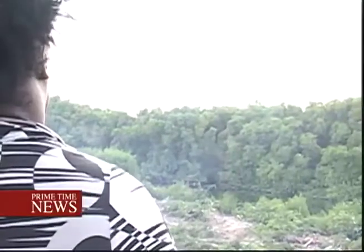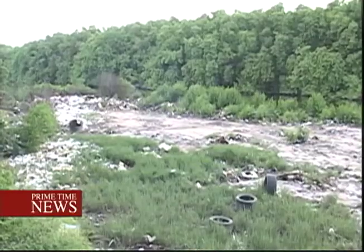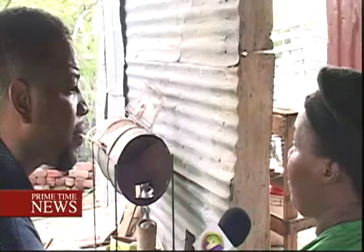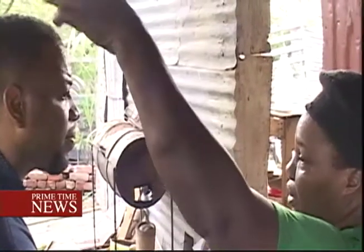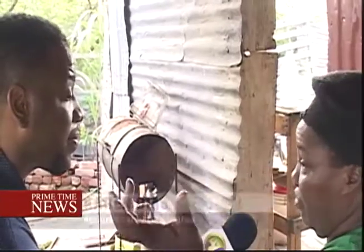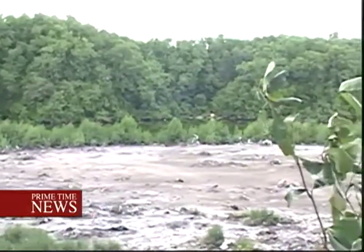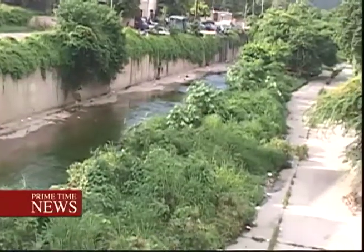But while it's a major concern for this Seaview Gardens resident, they also believe other communities might be at risk. Problem is who live down that side. Maybe the housing scheme over the other side, maybe the sea will push the water back upon them over there. But as trees of different sizes grow in different sections of gullies in the Corporate Area, environmentalists argue that